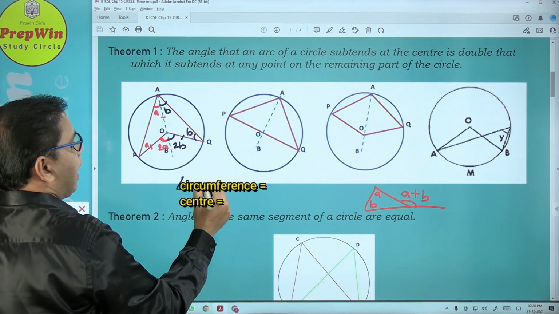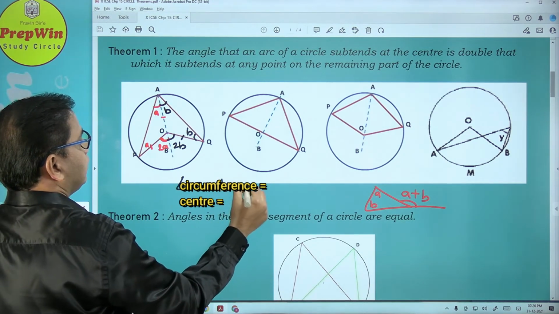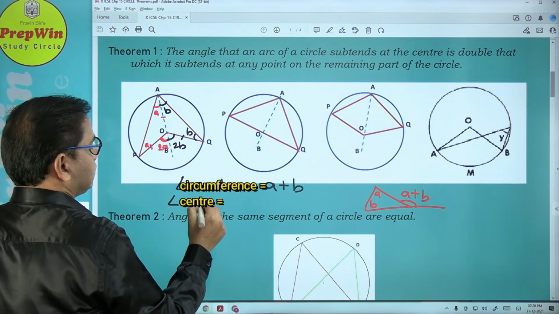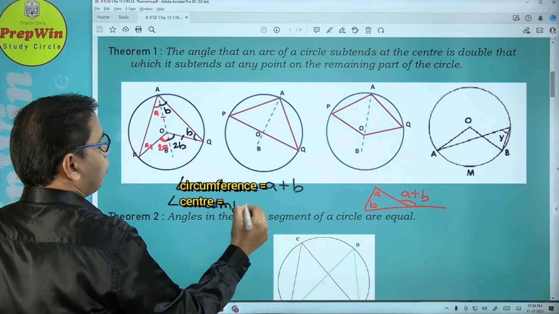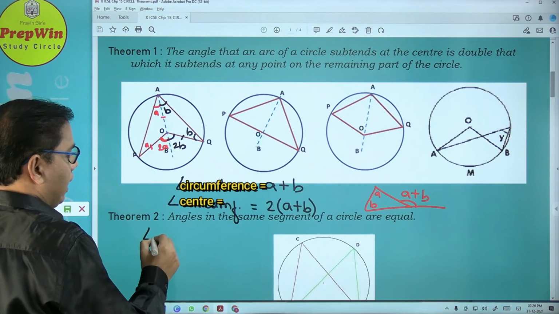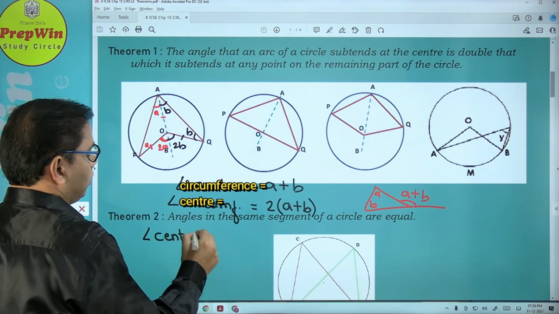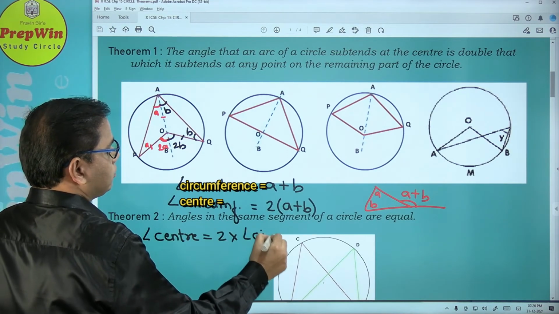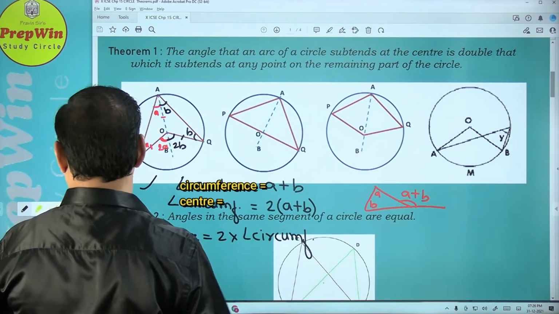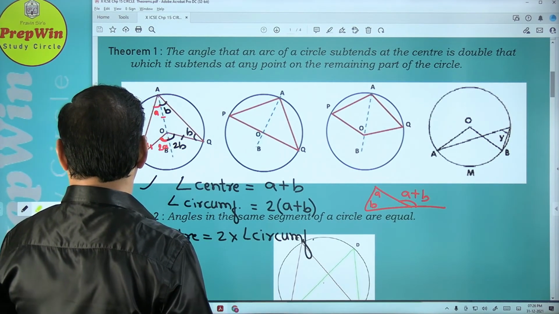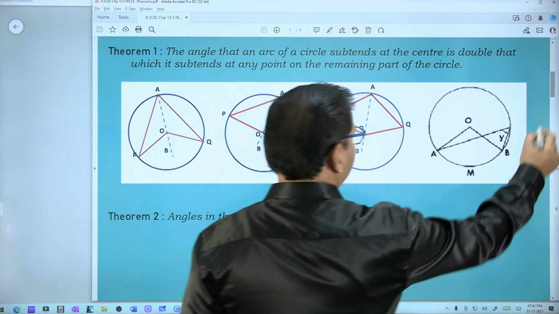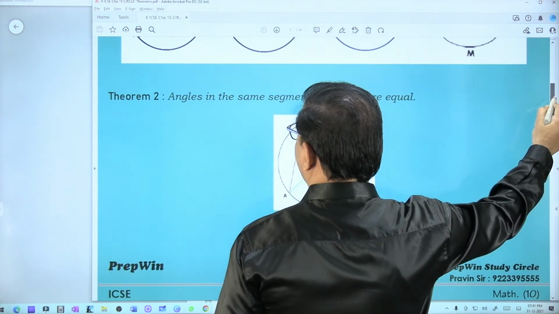Now central angle, angle at center is equal to 2A plus 2B, and angle on circumference is what? Is it A plus B? So can I say angle at center is twice angle on circumference? Okay, hence proved. Same way you can prove the other two parts also, or third part also. Alright, anyway proof is not required. If you want, just go through it. अगर नहीं तो ignore कर दो. Okay. Next very important theorem and very easy also.